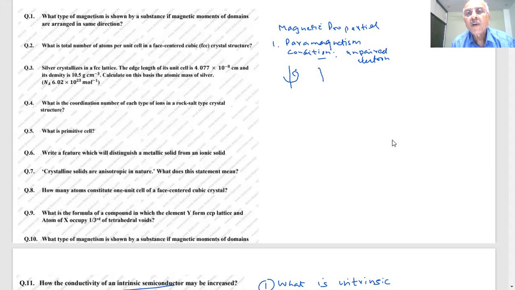Two types of spins will be there. One is clockwise, other will be anti-clockwise. One is the orbital magnetic moment. The other is the spin, because it's a charged particle. So the charged particle will move, it will generate a current, student. Therefore, it has a magnetic moment. So the permanent spin and orbital magnitude of this magnetic moment is very small.